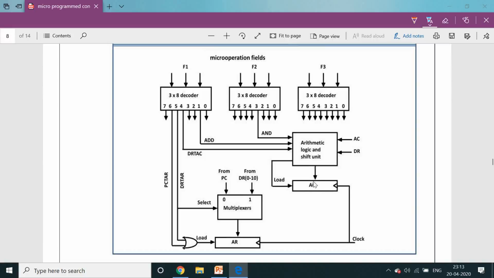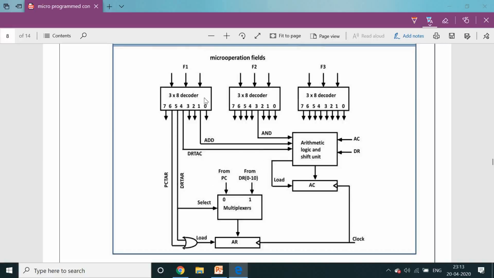For the accumulator to hold it, the arithmetic logical unit sends one strobe signal to AC. That means a logical strobe is initiated. If the load control signal is activated, only at that time will AC hold that information. Same as it is, in the F1 field, one signal is add, another is data register to transfer to AC, DR to AC.